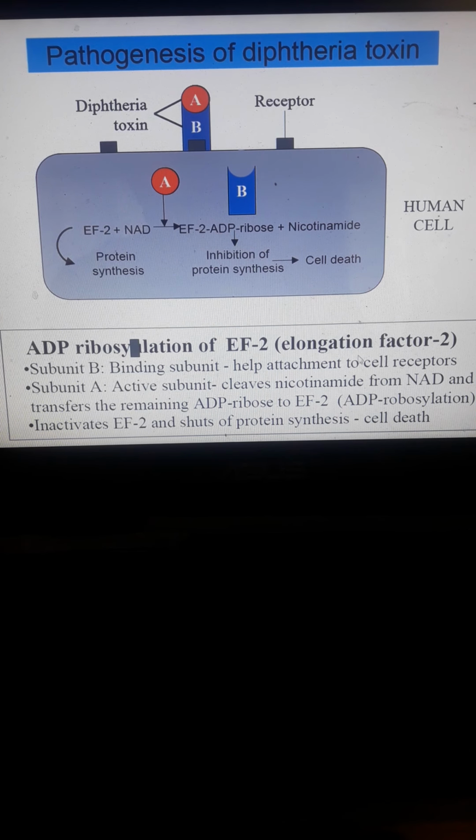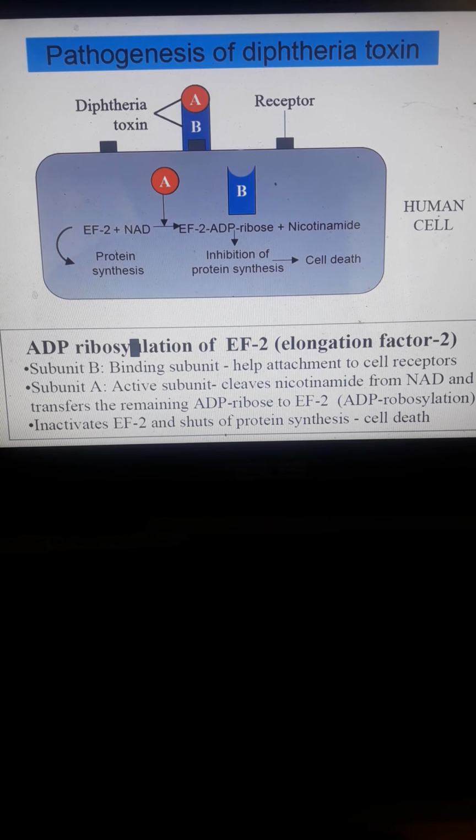Okay, that is your elongation factor 2, meaning EF2 cleaves with your adenosine diphosphate ribose, because it undergoes ribosylation plus nicotinamide, then it will inhibit the protein synthesis and cause cell death in the human cells. So this is how the toxin works, or the pathogenesis, or of course the mechanism of action of that